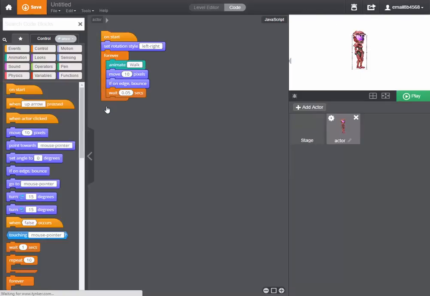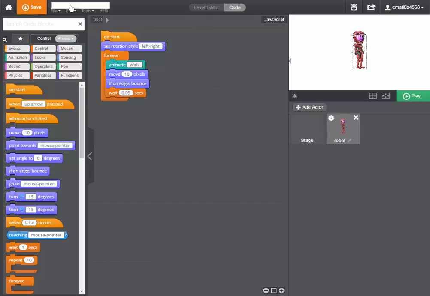Today I will show you how to create a score, a visible score on your stage which goes up by 1 every time a particular event occurs. And the particular event that we are going to have occur will be a robot touching a fish. So let's start off by calling our robot for the sake of clarity, and by titling our